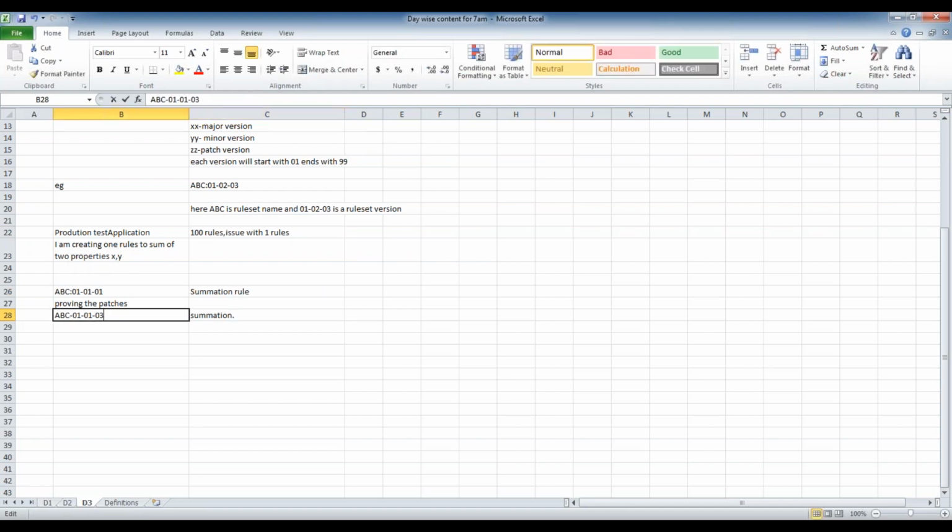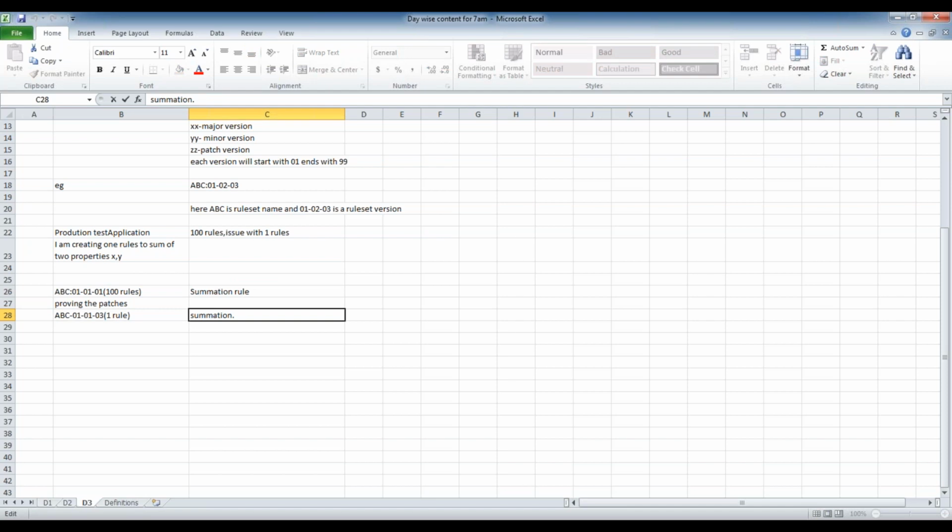That means in 010103 only one rule will be available, and here 100 rules will be there. So in the 100 rules I have the summation rule as well. That means the summation rule is available in both places.